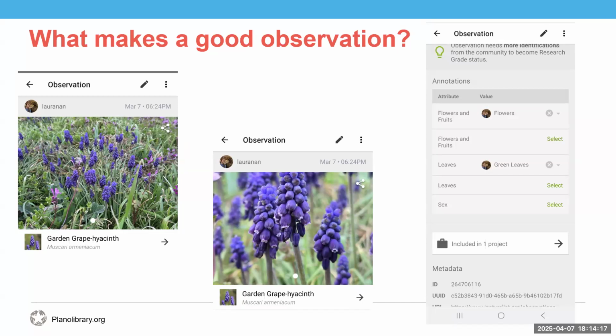And I always like to start with a zoomed out photo and then start taking the detailed photos, which you can see in the second picture there in the middle. Now, if your camera is struggling to focus, you can put your hand or a sheet of paper behind the plant. If there's a breeze, you can gently hold it to get a photo, but only touch a plant if you're familiar with it. So avoid thorns, poison ivy, poison oak. When in doubt, just don't touch it. You can include something for scale, like a coin, a ruler, or a pencil.